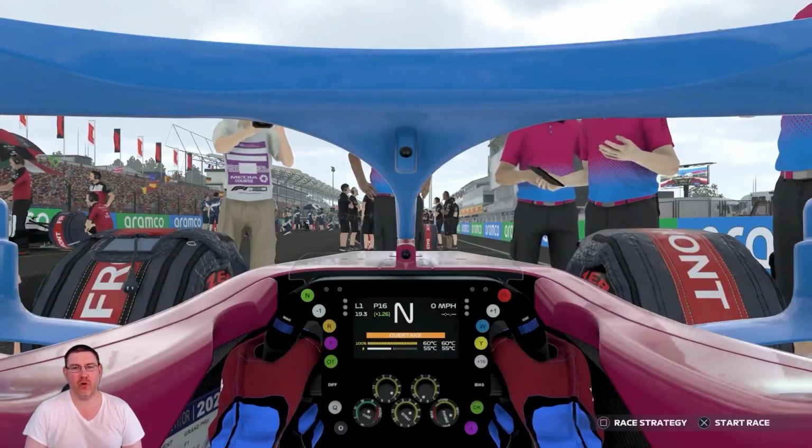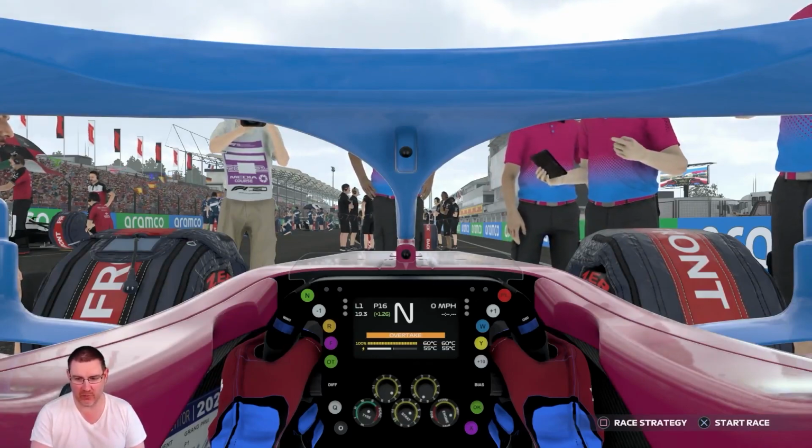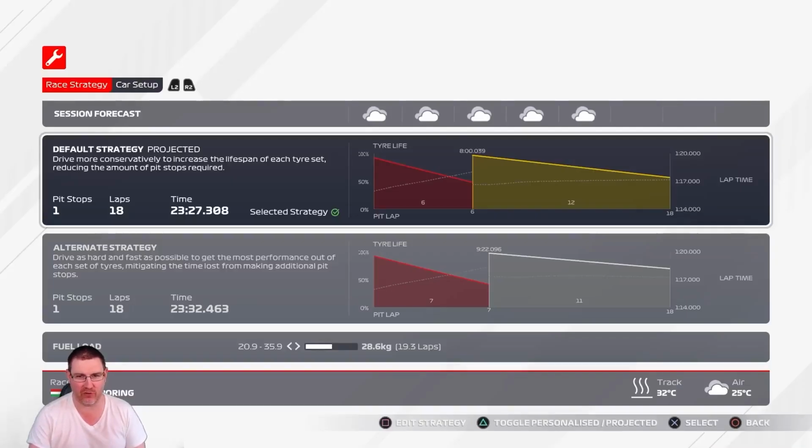Alright, it's business time. The hoodie's come off. And, well, let's go. Markelov's done okay, hasn't he? He's qualified just behind us. We have Ocon, of course, our rival, just ahead of us. Softs to mediums. That looks... Do we go the other way? Or...